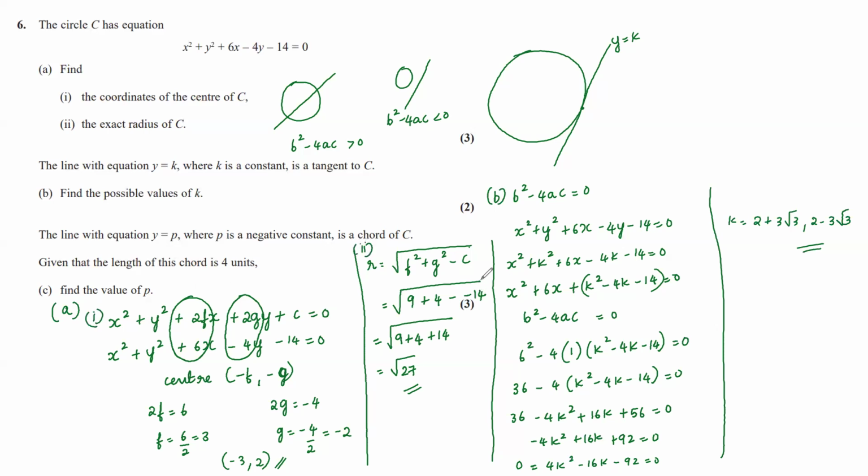Now finally the c part. Find the line with equation y is equals to p, where p is a negative constant, is a chord of c. Given that the length of the chord is 4 units, find the value of p. So we have the circle here. I'll just draw a bigger one. So we have the